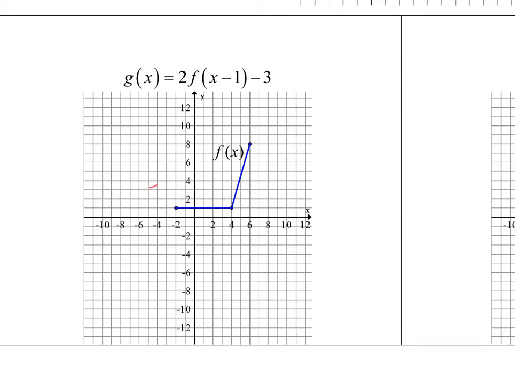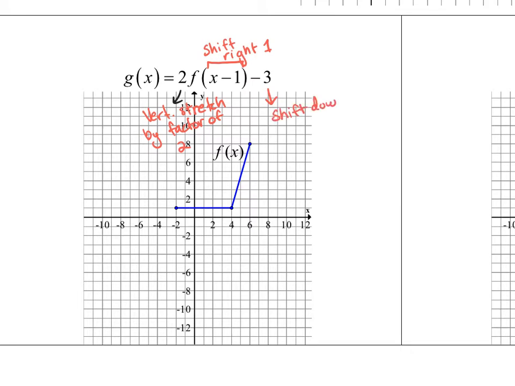The first thing I'm going to do is identify the transformations. So on the inside, f of x minus 1 is a shift right 1 unit. Things on the outside are as they appear and need to follow order of operations. So first we're going to multiply, so this is going to be a vertical stretch by a factor of 2. So we're going to double the y values. So this is a vertical stretch by a factor of 2, followed by a